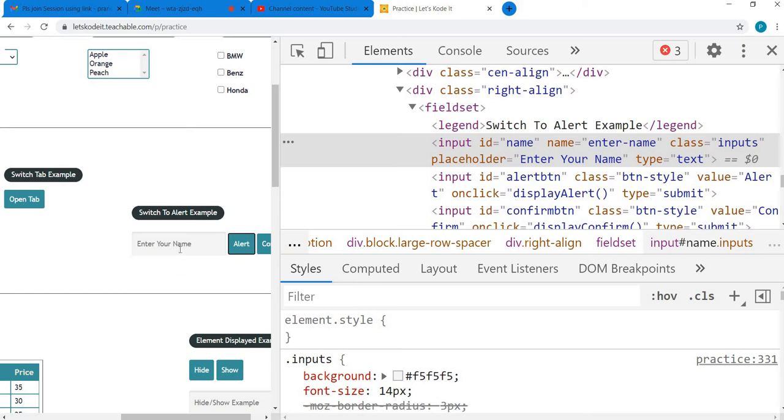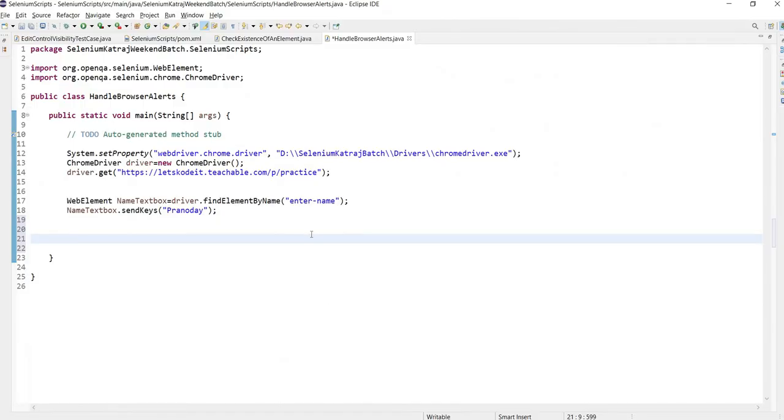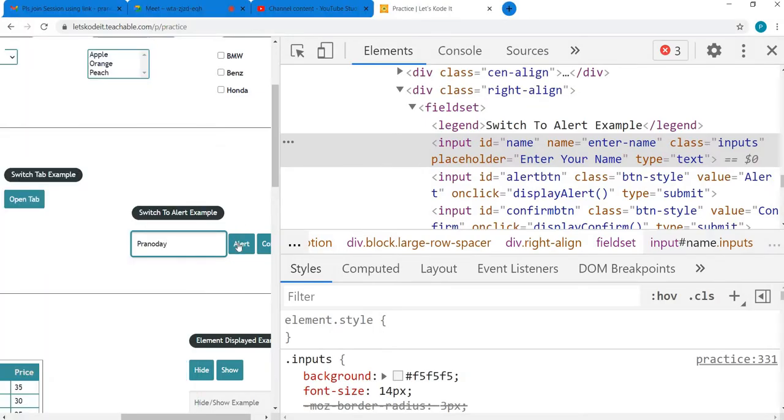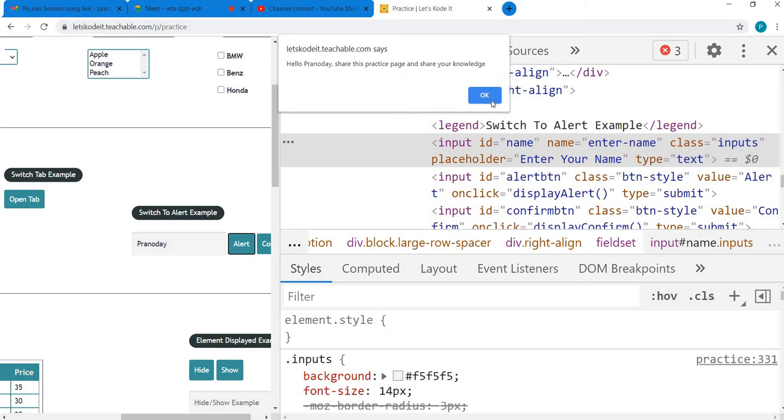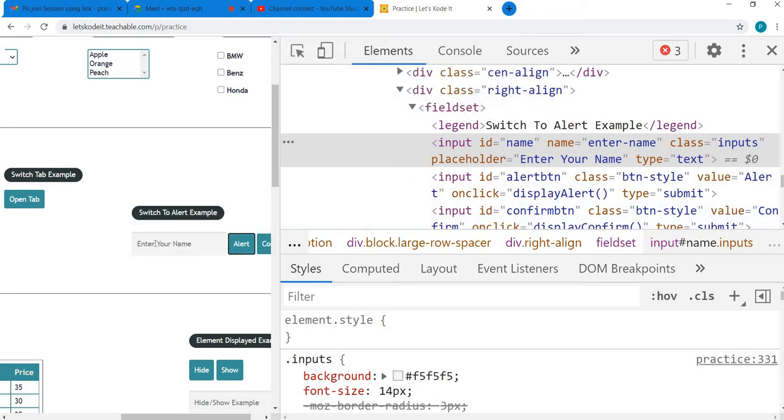So first of all, let's understand how to retrieve whatever I have entered in this edit control and place it in some variable in our test, because we are going to use that variable's value to check for the existence of the entered text in this alert message. So we need to save what we typed here in some variable so that it can be used.